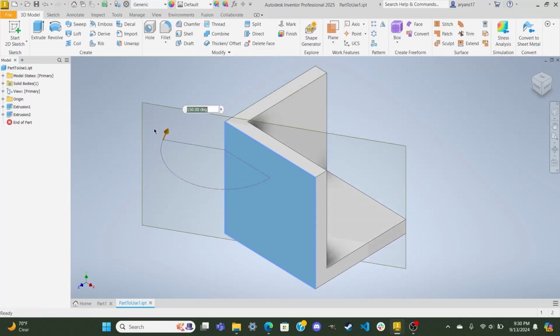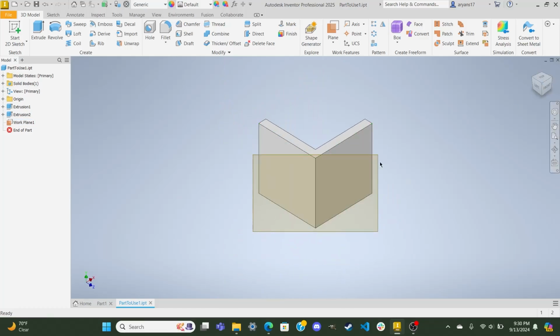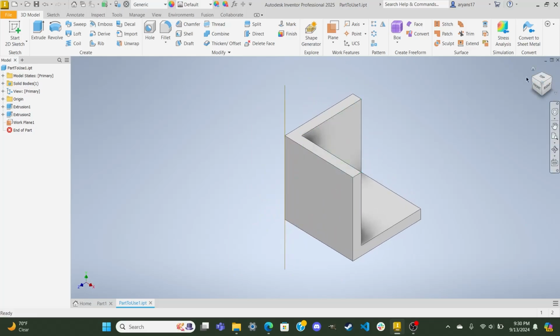So then you get to choose what degree you want it to be on, starting from this edge, and we need a 45 degree. You can press OK. And if we look on our other side, we now have a plane. Now that we have this plane, we can take